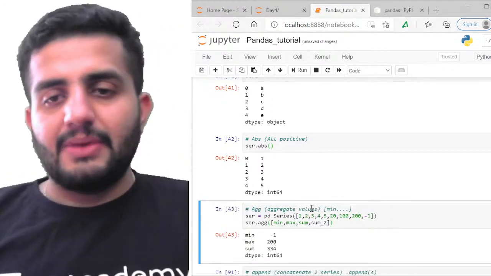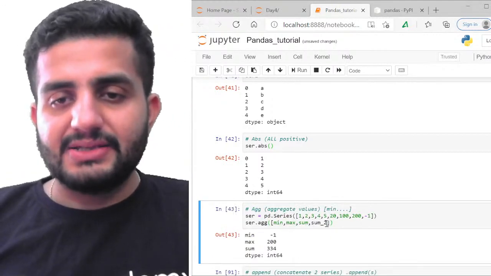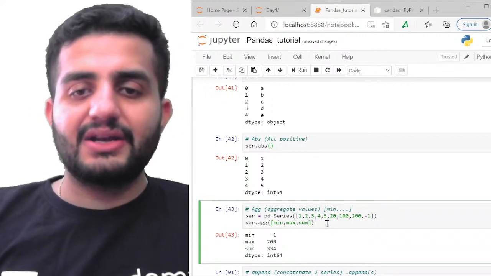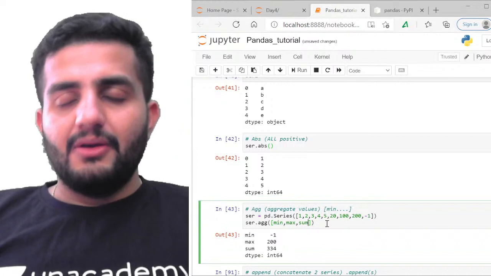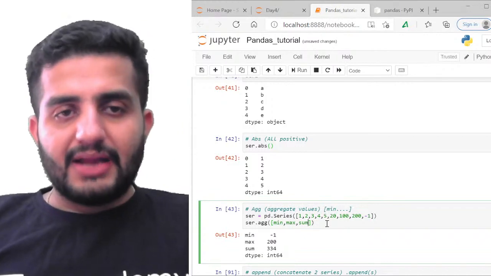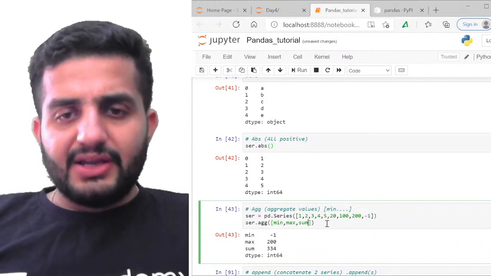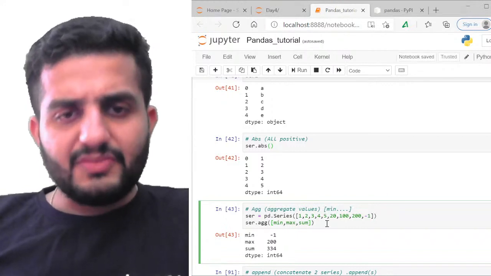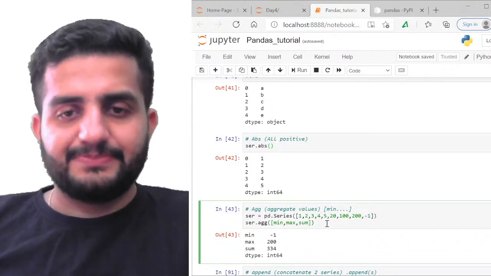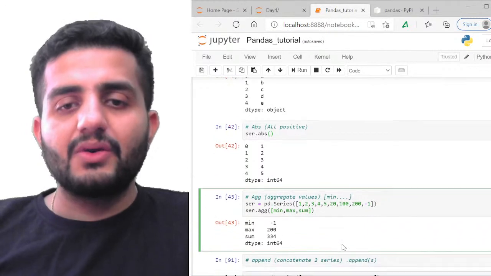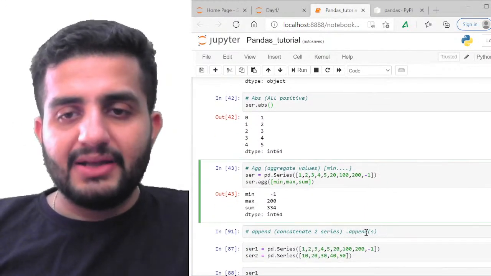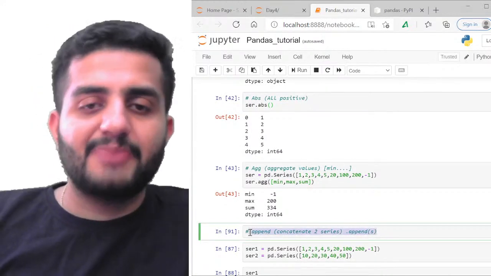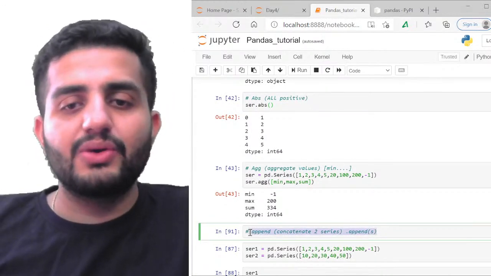Cool. So that's about my aggregate functionalities, guys. So again, a very good function. So aggregate is used multiple places. We will be covering aggregates another day with group by, so we'll be taking that. But again, aggregate is a very, very strong functionality, so we can do it at multiple places. Cool. So that's about aggregate. Yeah, the next is append. So append is also a very good functionality. So append by default means it's concatenating 2 different series.